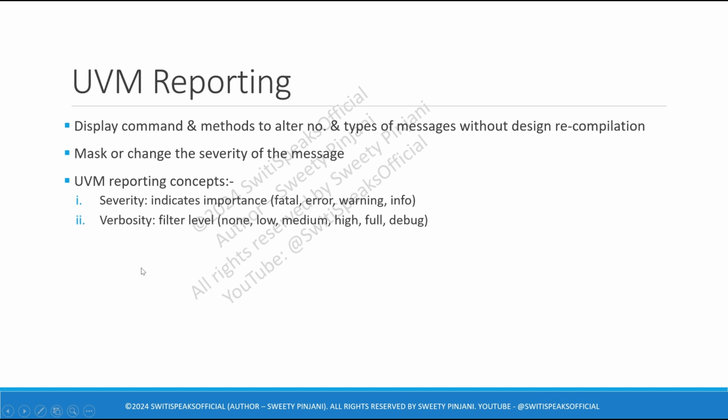Next concept is verbosity level. Verbosity stands for filter level. It tells you which kind of messages will be displayed. Not all messages will be displayed. Depending on the verbosity which you have set during the simulation, the messages will be displayed.